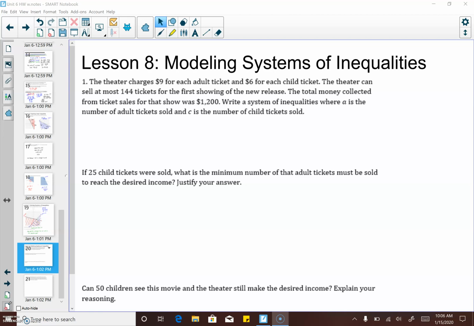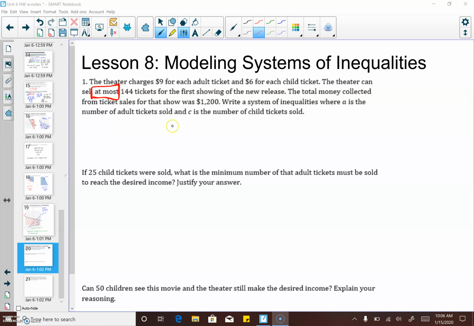The theater charges $9 for each adult and $6 for each child ticket. The theater can sell at most, and there's the key word, at most 144 tickets. The total money collected from the ticket sales for that show was $1,200. Write a system of inequalities where A is the number of adult tickets and C is the number of child tickets. So the first inequality we're going to talk about is the fact that they can sell at most